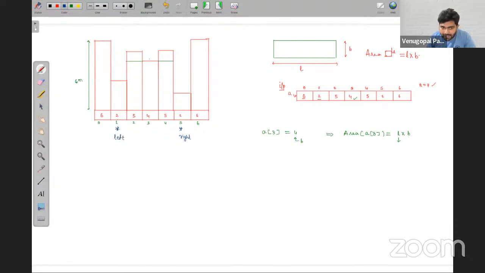Now, why I am taking this as left and this as right is, first of all, I need to form a rectangle. Okay, my rectangle is formed here. I am drawing it in black color. This is my rectangle.